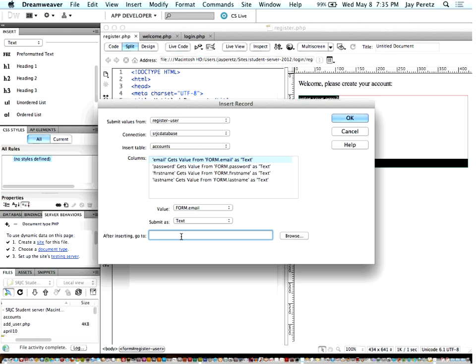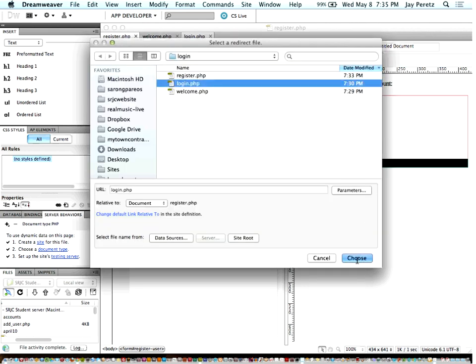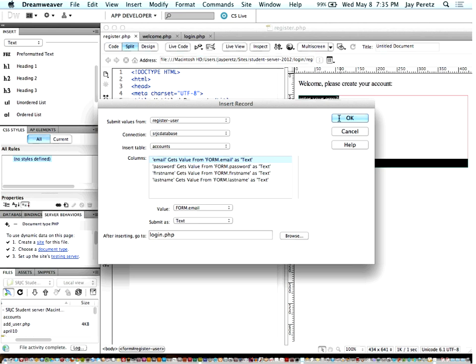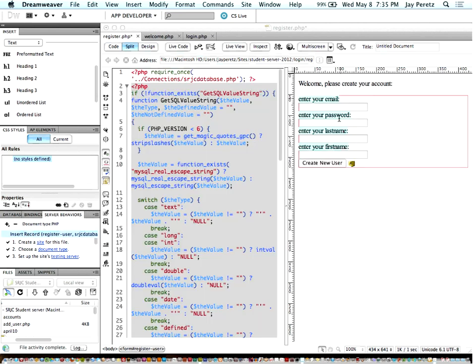So think about it. We created a new user. You submit it. You are now a new user, hopefully, as long as you have a password and an email nobody has used before. You want to go to the login page. Very good. And I could have browsed for it and just gotten it that way. Dreamweaver makes it that easy. And then when I click OK,